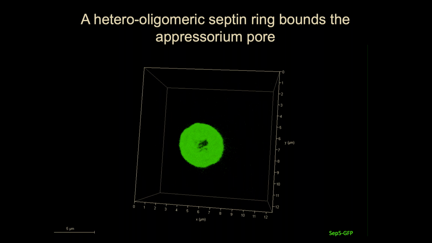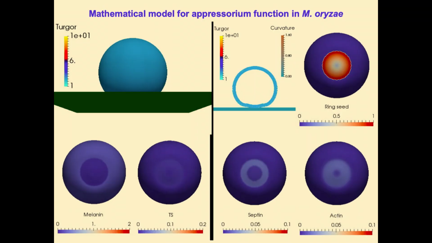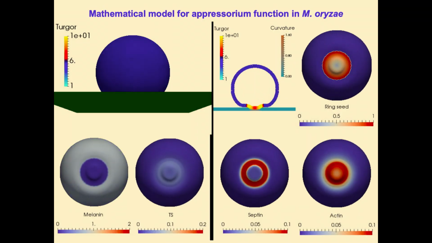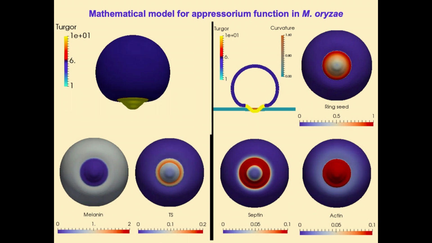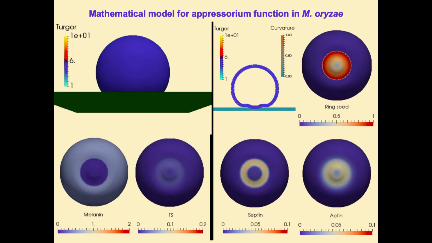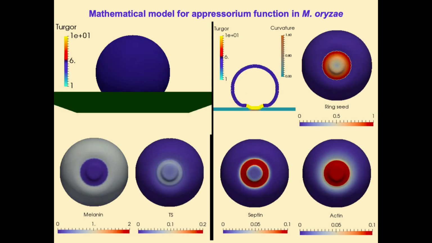And on the basis of that mathematical model, we were able to simulate appressorium penetration. And this is a simulation of the mathematical model. You can see that the appressorium in this model swells, and because of the absence of melanin, so melanin is present in the dome of the appressorium, but absent at the base, at the appressorial pore, which mirrors what we